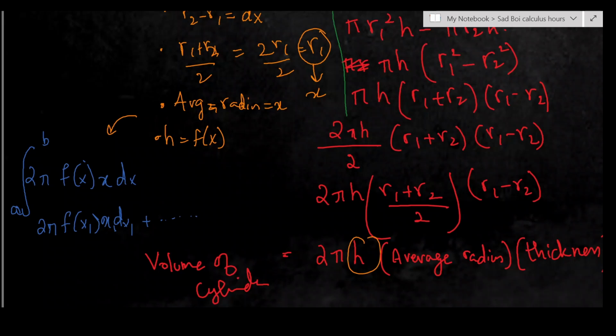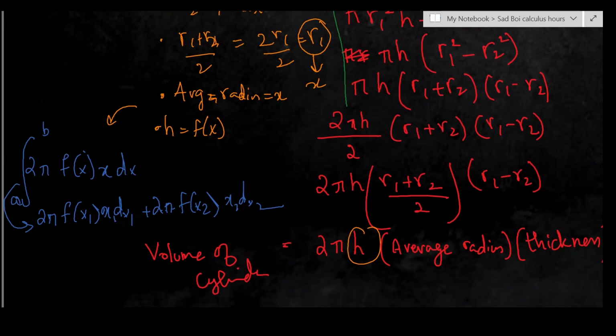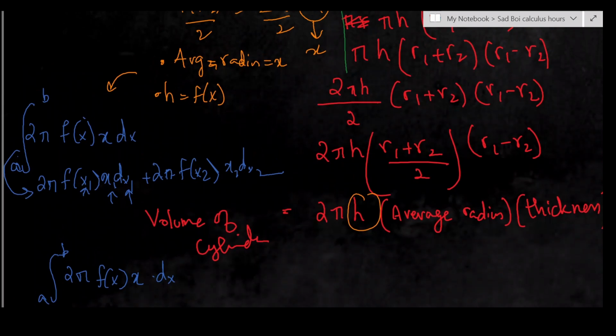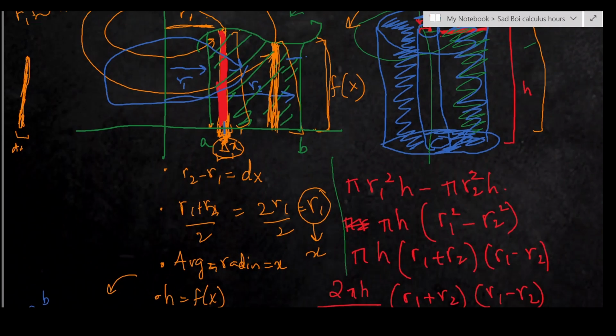So 2 pi f of x1 dx1 plus 2 pi f of x2 dx2 and so on. So what this integration symbol does is, it sums them all up. It substitutes each and every particular value of x between a and b into the function f of x, puts it here, and then sums it all up. Hence what you get finally is 2 pi f of x dx,